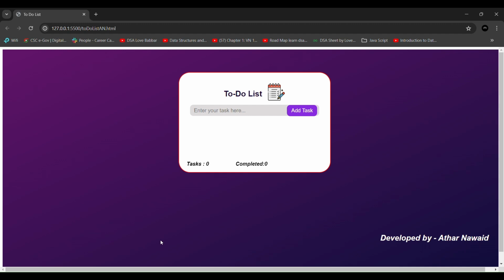This is a demonstration of a front-end project for Coding Ninjas created by me, Athar Nawaid. I've created a to-do list web app. It basically helps its user to add tasks. For example, I can add different tasks by writing the name here and then clicking on this button,